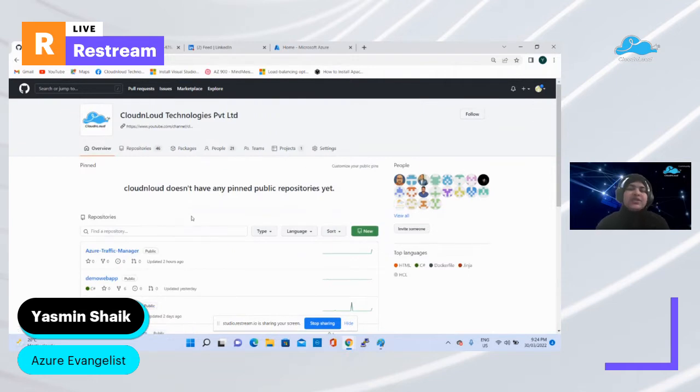And yeah, so today in this conference, I'm going to talk about one of the Azure services that is called Azure Traffic Manager profiles. Okay, and I'm going to show you how you can deploy your Azure web apps, and also how the traffic can be diverted to the different virtual machines based on the load. Okay, let's get started.